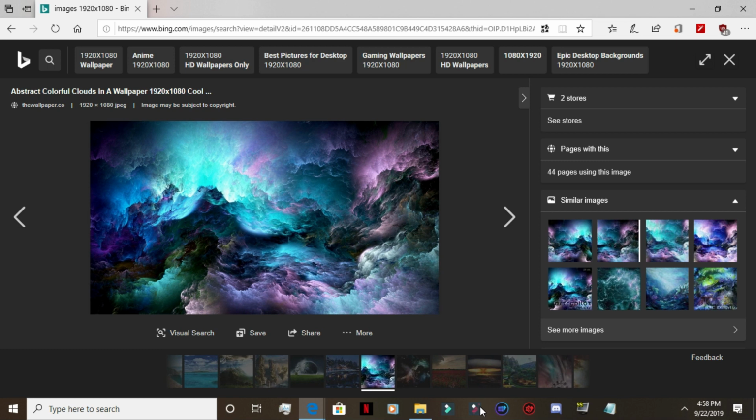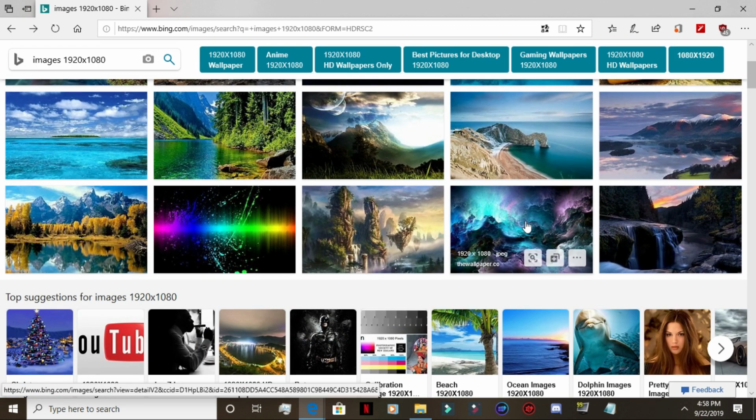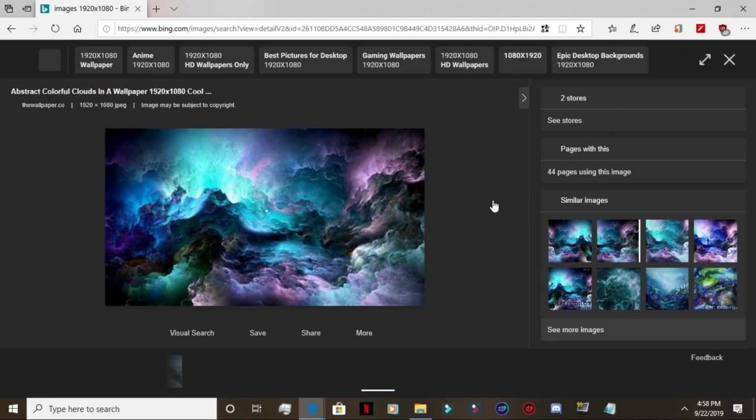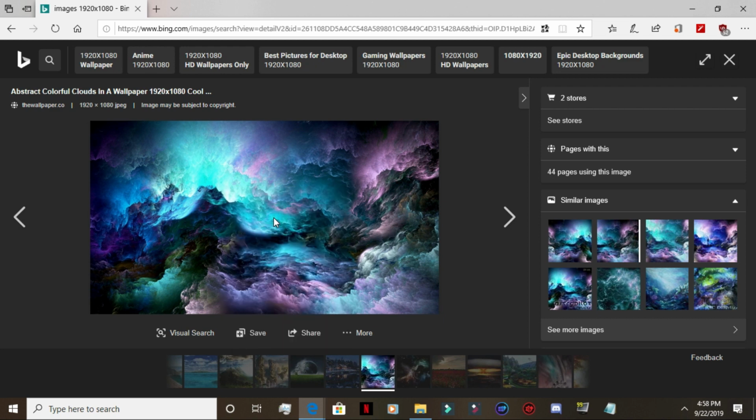Now I like to go with the bigger resolution images, sizes. I used 1920 by 1080 pics, and you could just choose, like, I didn't put in anything in particular. I just put in images 1920 by 1080, and I just chose one photo, and it's mostly because I want to just show you guys what we're going to do. Now I'm going to save the picture as clouds, maybe, because I mean that's what it is,